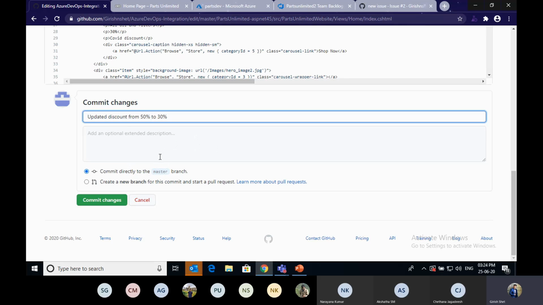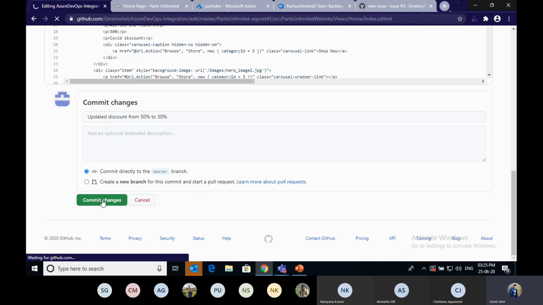That's not a recommended way. You have to create another branch and do a code review. If the code is good, then only you can merge to the master branch. For demonstration purposes, I am committing directly to the master branch. I'm going to commit this one.